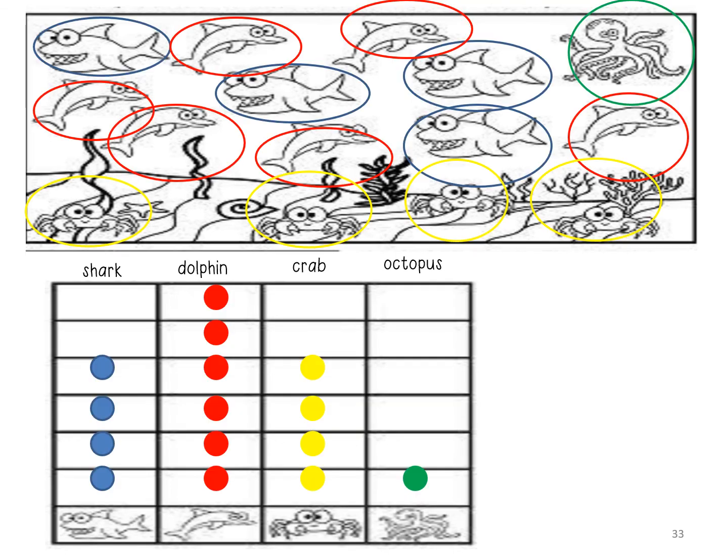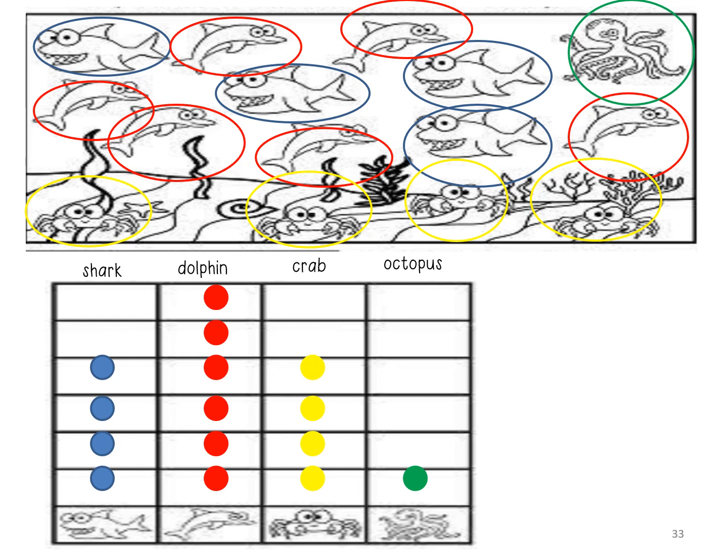Now we need to count each sea creature. So as you can see, my shark is circled in blue. Let's count how many sharks are there. 1, 2, 3, 4. There's 4 sharks in the picture. Now I have put 1, 2, 3, 4 circles where the shark picture is.